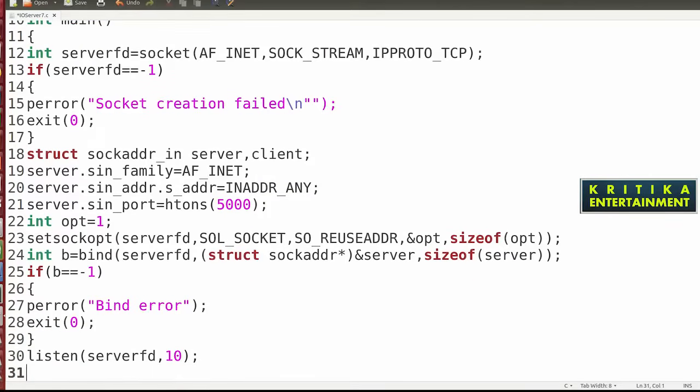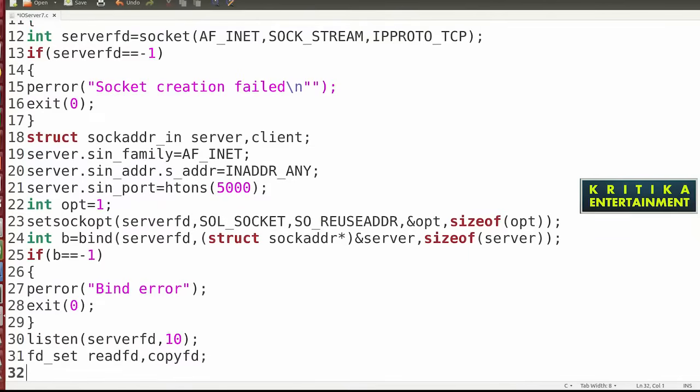Okay, now come to which part? Now your IO multiplexing. In the tutorial I told you several functions are used and one data type is also used. So fd_set is a data type. Here I declare read_fd for reading purposes, and copy_fd. Copy_fd is used to temporarily hold a copy of read_fd. So here I have declared two, and initially I will make all these FDs zero.